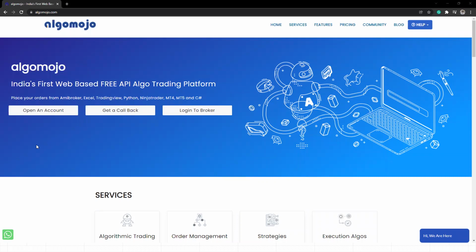So without further delay, let me quickly show you the process of installing AmiBroker-based library. So first of all, if you are an AlgoMojo user, you know that AlgoMojo is a free platform. So anybody can open a trading account via AlgoMojo, and they can access the AlgoMojo platform to automate their trades,